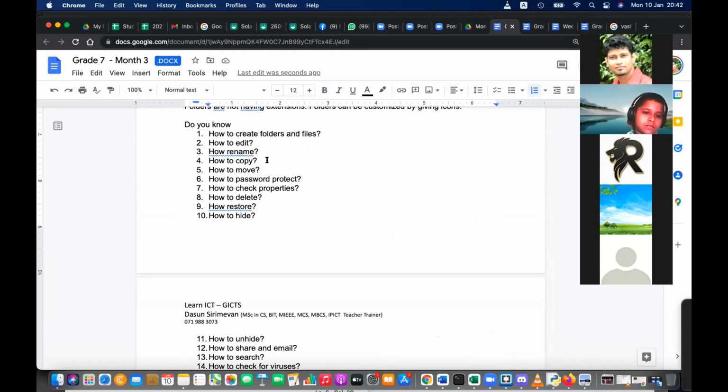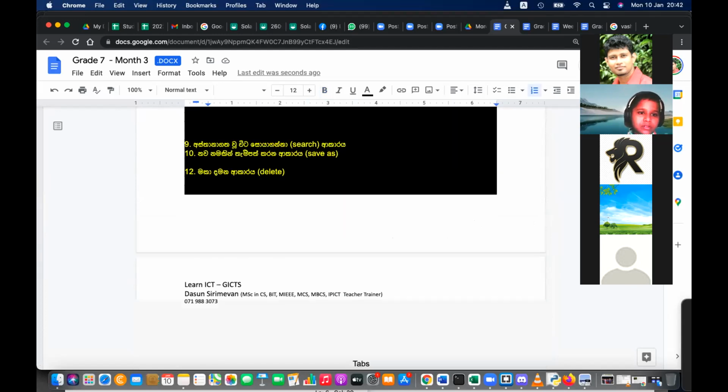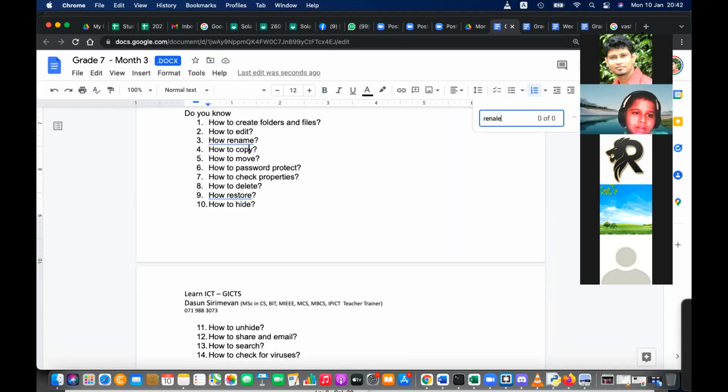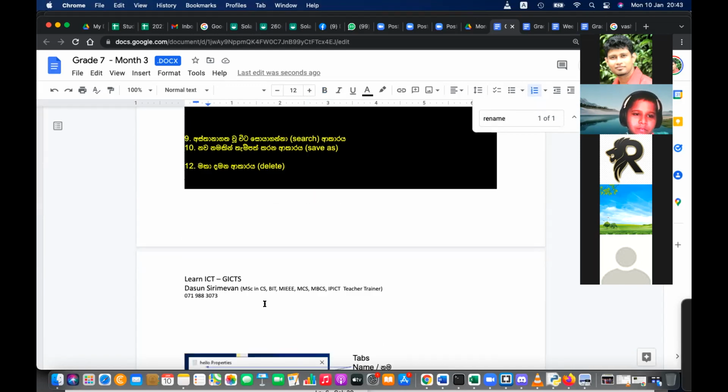So what is the shortcut for rename? F2. Yes, the rename shortcut is F2, right? I always use F2 because I don't use clicking to rename.